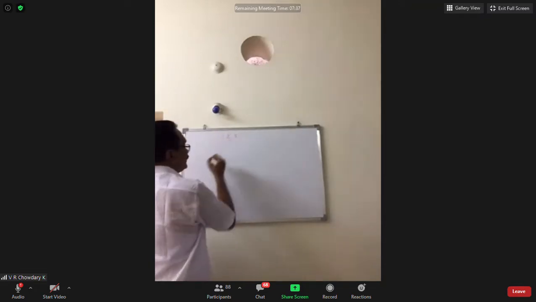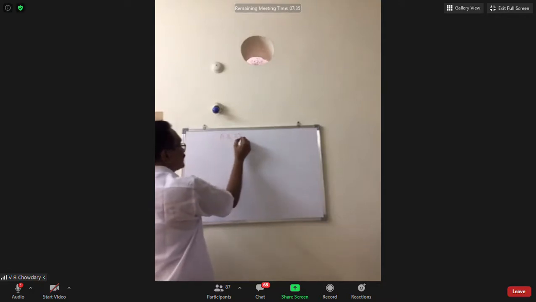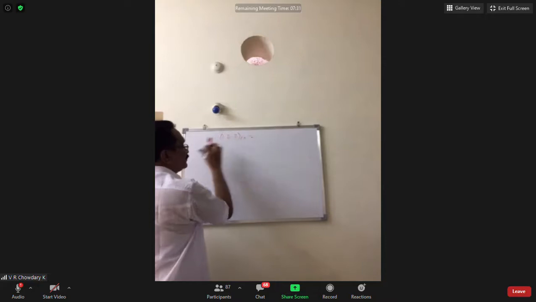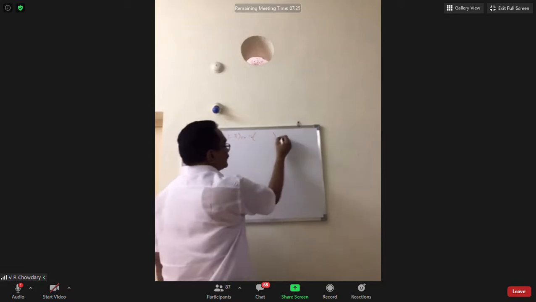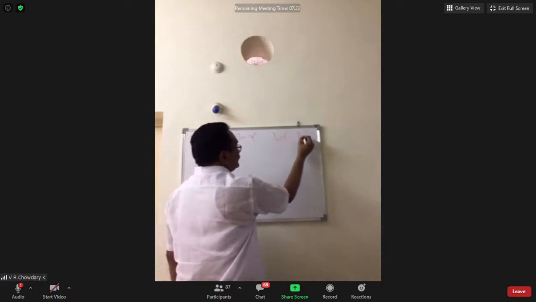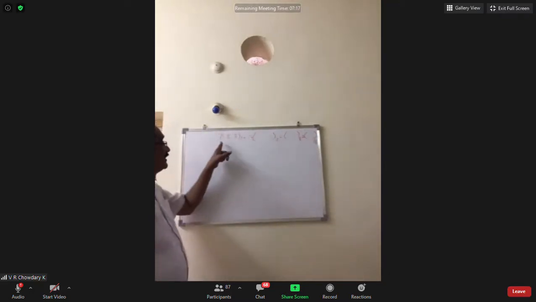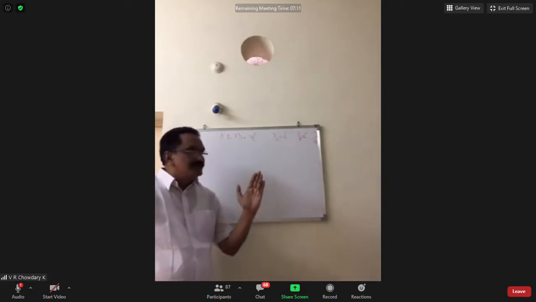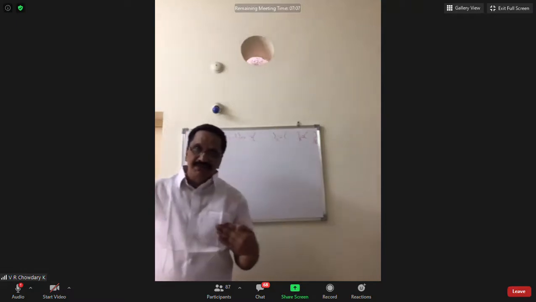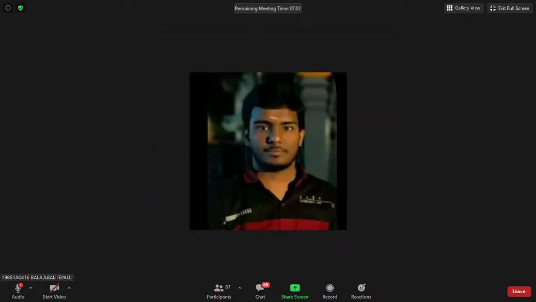So here is one example. Convert decimal number 123 into its equivalent binary, its equivalent octal, and its equivalent hexadecimal. So convert the decimal number 123 into its equivalent binary, or into its equivalent octal, or into its equivalent hexadecimal. So from decimal to any other number system, successive division method.